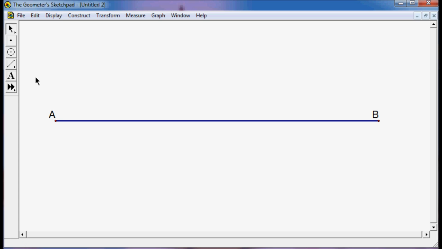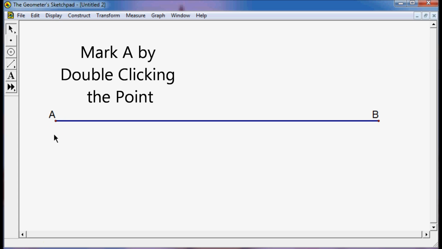Now the first step is we want to create our first image, or our first object, or like the original iteration. Now, in this specific fractal that we're going to create, which is called the Koch curve, which is spelled K-O-C-H, if you want to Google it and find out more about the Koch curve, we're going to split this line segment into thirds, remove the middle third, and replace it with an equilateral triangle. So, first we need to divide our line into thirds, and I'm going to do that by marking A,